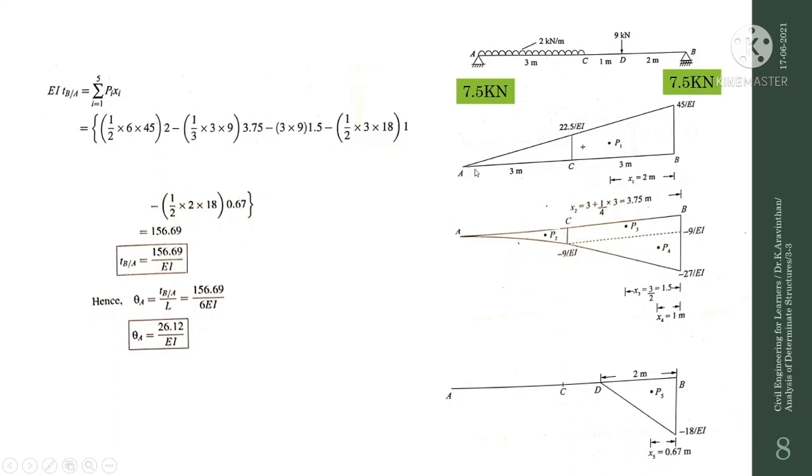So let us find the total deviation at TBA. If you want to find that area, it is half into breadth, which is 6, and height, which is 45. So half into 6 into 45 into 2, minus, let us take each and every separate area. For finding the parabolic area here, it is 1/3 of BH. So 1/3 of base 3 and height 9, into the distance 3.75 meter from the centroid, and it is written here.